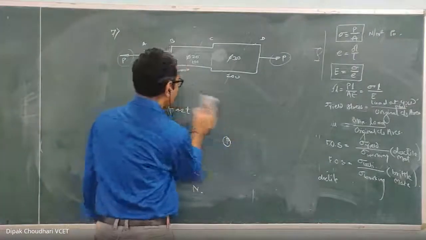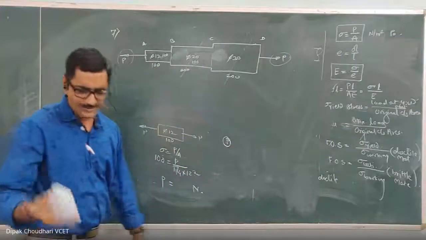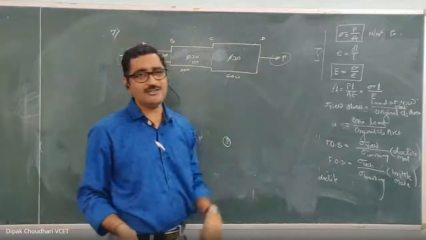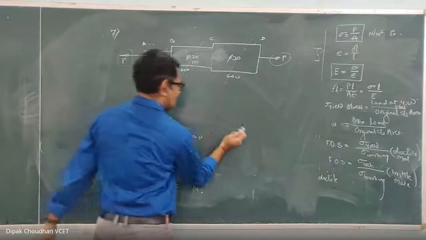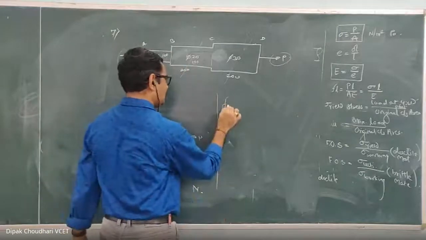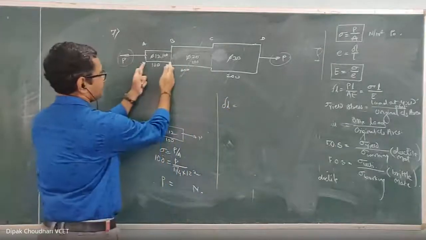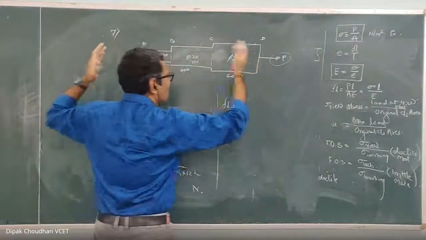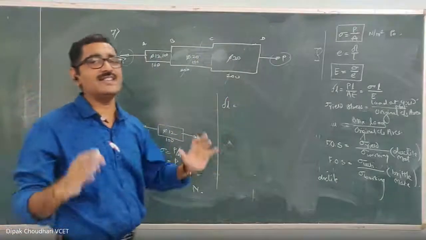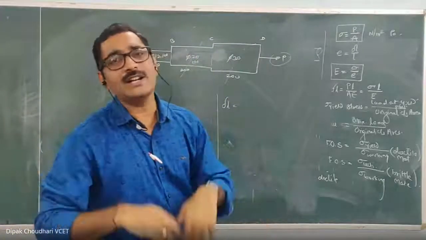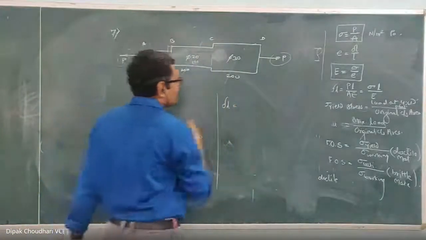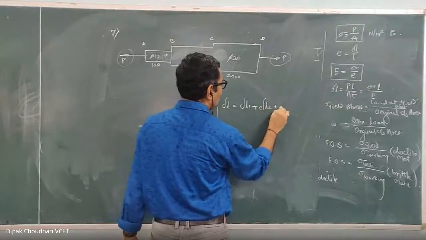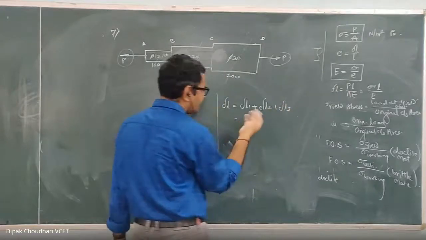Now here, in all the three parts, I am not drawing a separate FBD because the axial force is the same, which is P, which we have calculated. Now we have to calculate the total deformation, total elongation. Delta L equals... All the three parts are subjected to the same axial force, which is tensile in nature. Since it is tensile, all the three parts will get elongated. So the total deformation equals the deformation of part 1 plus part 2 plus part 3. In fact, all three are elongations.